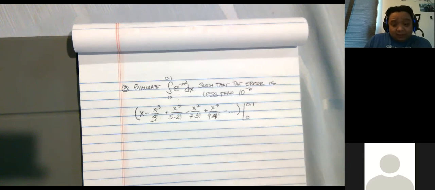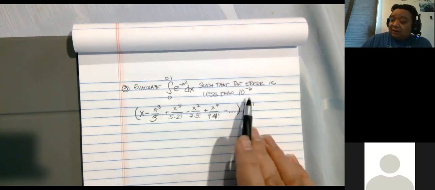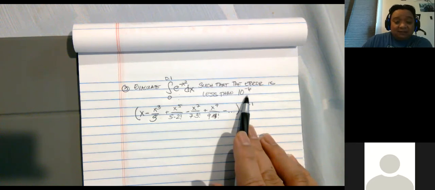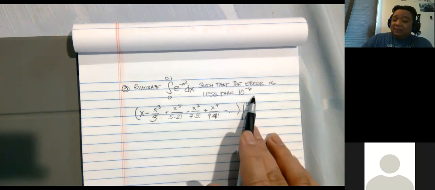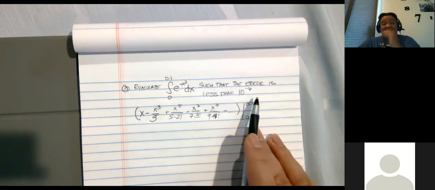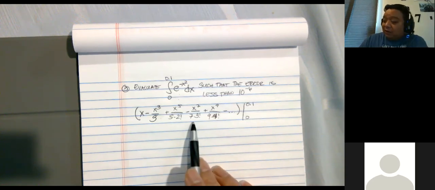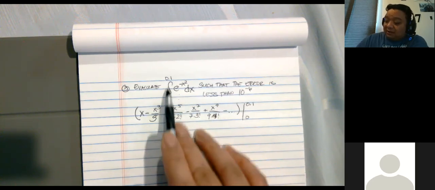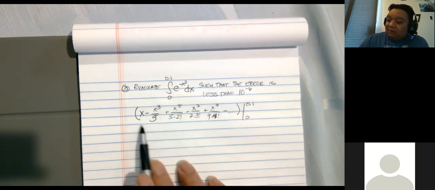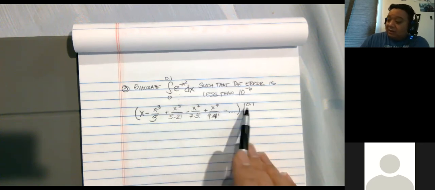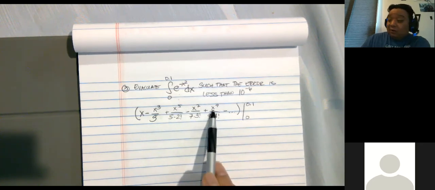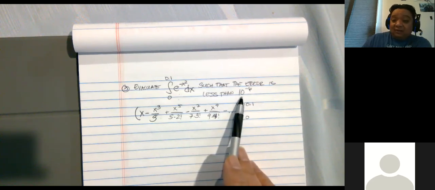So the first thing I want to do is figure out where I'm going to cut things off, right? So for which one of these terms is the error going to be less than 10 to the negative 6 power? So remember, as I mentioned a while ago, the easiest way to find an upper bound for your error is just figure out the first term you're going to drop. And so what I'm going to do right now is just plug in 0, or in this case 0.1. By the way, if you plug in 0, they're all 0. So it's all about 0.1. So you want to plug in 0.1 so that the error or the value is less than 10 to the